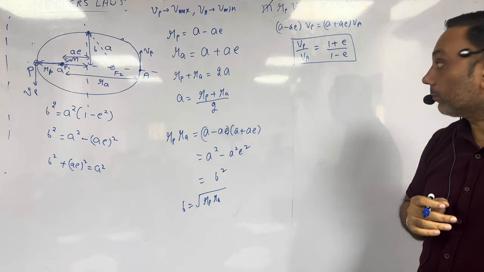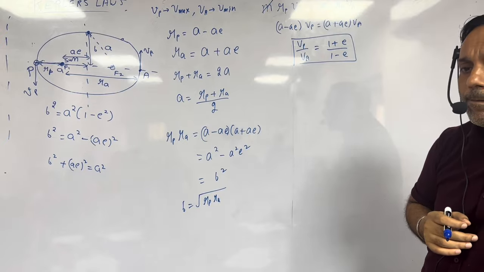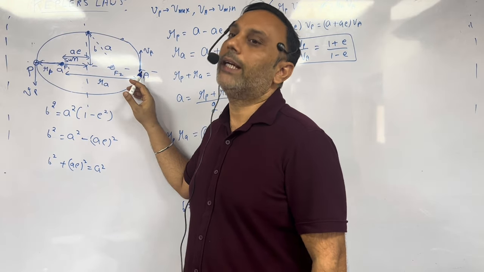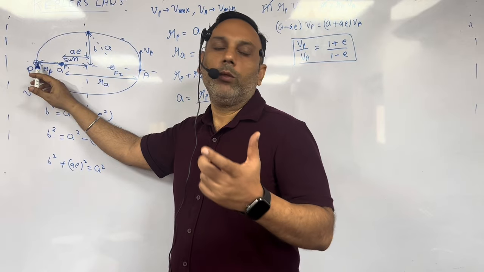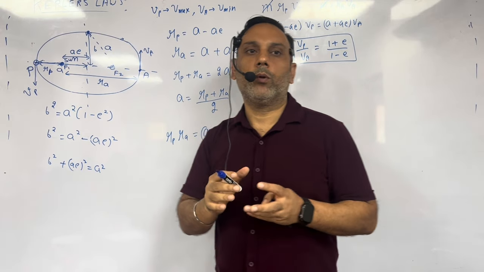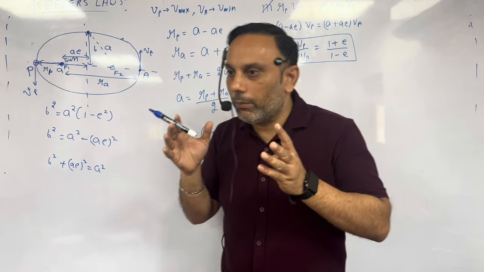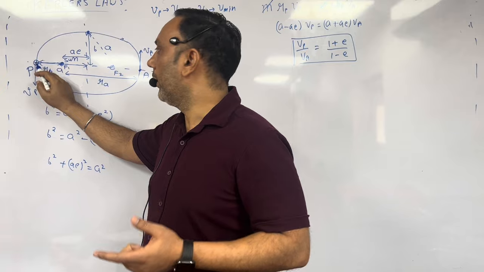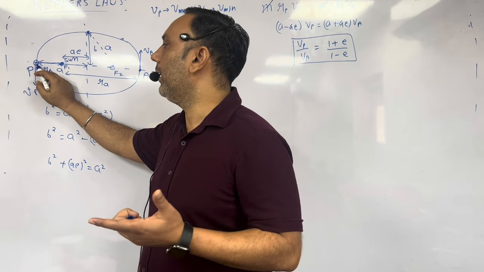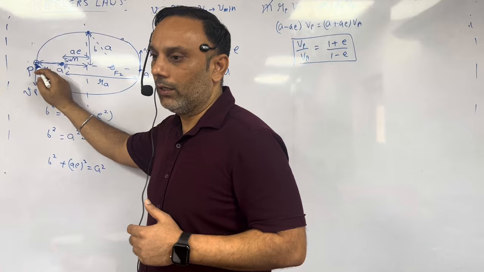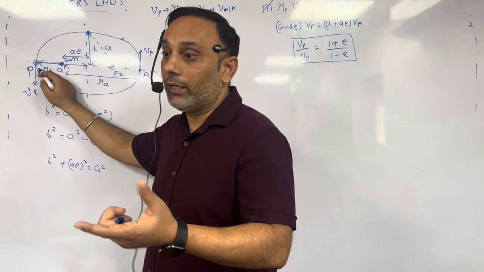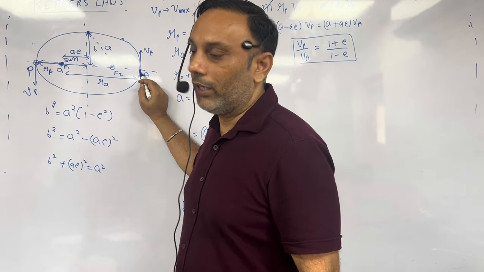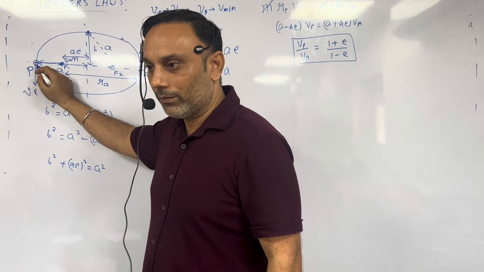Now, dear students, yes beta, again I will explain. Why is the work done from P to A negative? We know that gravitational force is a conservative force, so total energy must remain conserved. Here we have potential energy and kinetic energy. Potential energy is minus G m1 m2 by r. Here the distance is less, so the magnitude of potential energy is more, but because of the negative sign it is overall less. So here potential energy is less and there it is more. It means kinetic energy here is less and there it is more, right?